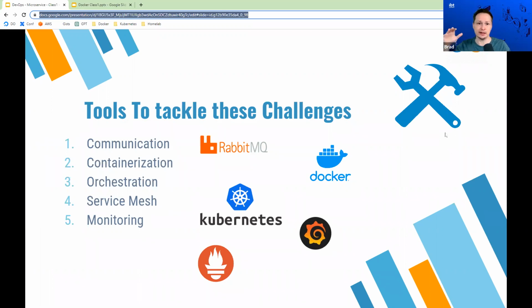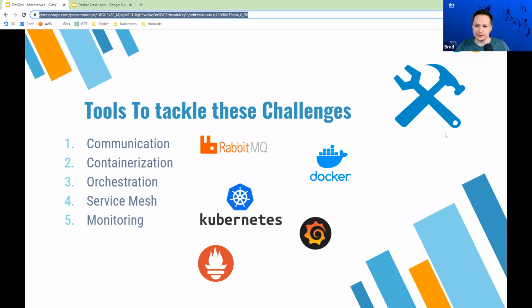And you can scale up your application and scale them down. You can bring new servers online and then fill them up with containers. So there's a lot of cool stuff that we can do with Kubernetes. And Docker and Kubernetes is what we're going to be working on for the next 12 or so classes. So that's exciting, because that's where all the fun happens, actually. But before we get to that, let's continue with the microservice stuff.